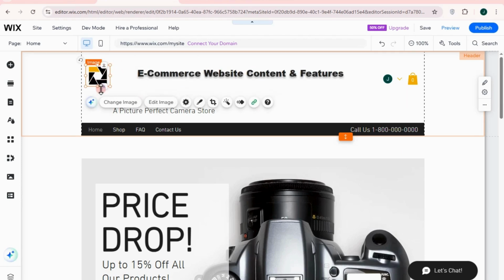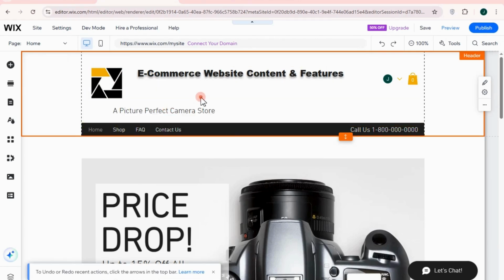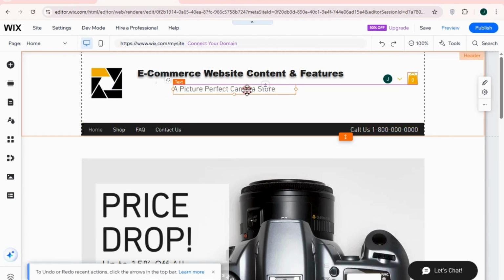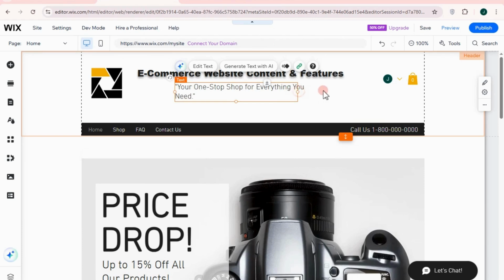Now, you can change the image, but actually you can just leave it this way because if they're going to buy your template, then they also need to change the image. All you have to do here is to just make it bigger if you want, something like that. Or you can just basically move it right here, so they can change something here like a tagline for their website. So I have added here, let's just say your one-stop shop for everything, but actually they can change this one